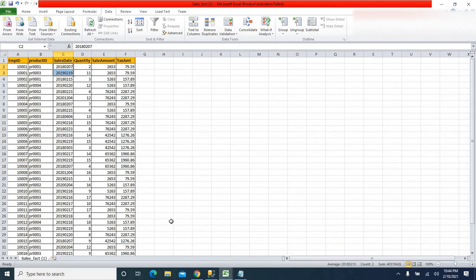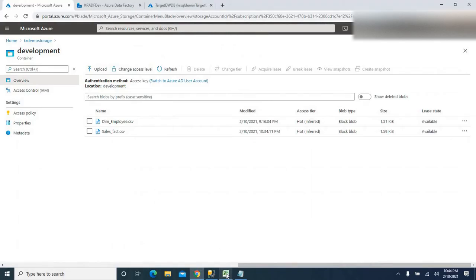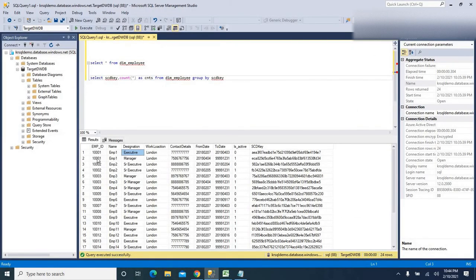And also if you want to see the sales based on when he was working as executive, what sales he has done, and when he is working as a manager, what sales he has done. If you want to see it with the combination of employee ID and designation, then definitely we need to use the date condition also. That will uniquely identify it, with the combination of effective from and effective to date, right? So ideally it is a good idea to populate this SCD key into the fact table. With this we can join back to the dimension table to have point in time sales or tax, whatever.